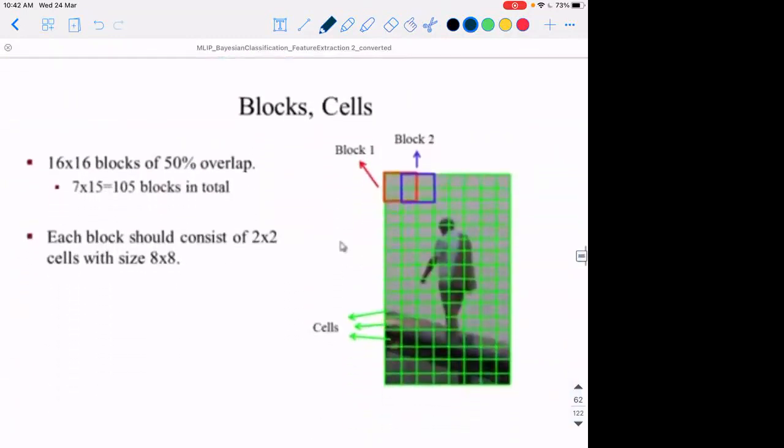This was first applied to human, non-human classification, wherein the image of dimension 128x64 is divided into different blocks, and each block is divided into cells, and for each cell they found a histogram. And this histogram is what? A histogram of angles, or orientation gradients, the angle of edges, and they concatenated these to get the feature vector for the whole image.